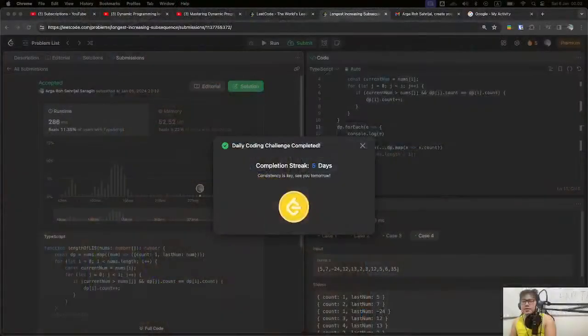And you can probably see right here the runtime or memory usage is not very clever, not a very efficient one.